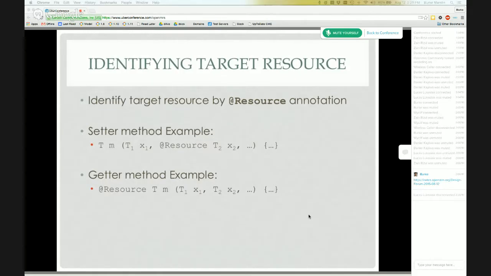And for the getter methods, we just introduced this annotation before the method. This allows us to know that, okay, since the method has an annotation, it is a getter method, and we need to do authorization checking on the return values of the method.